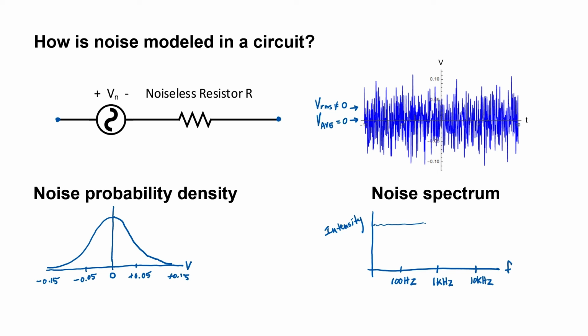White noise would look like this, where the intensity is relatively constant over a very broad range of frequencies. Eventually, the intensity of white noise does have to fall off when the frequency gets high enough. If that were not the case, then you could find the power circulating in the circuit by integrating the intensity over frequencies from 0 to infinity, and you would calculate that we have an infinite amount of power circulating in the circuit, and that's physically impossible. So even white noise has to eventually fall off to 0 if the frequency is high enough.